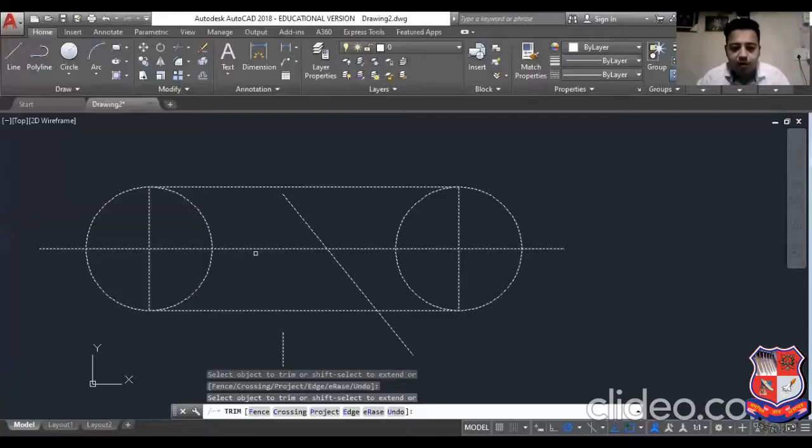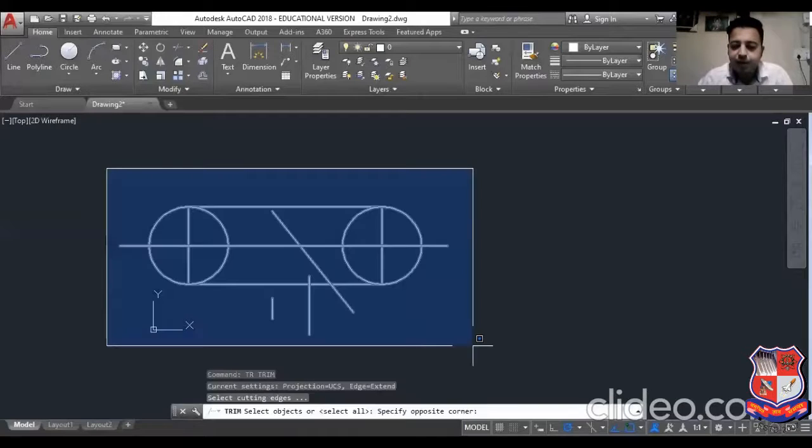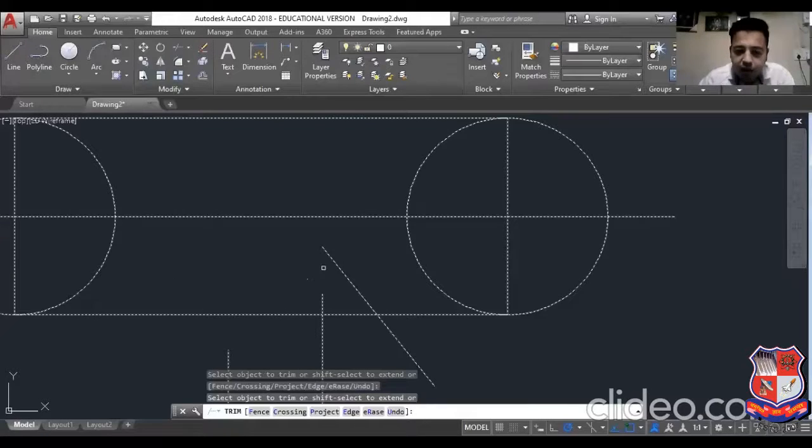Okay, now let us see one more line. Okay, now you will be able to see or understand. PR, enter, select the object, enter, and edge tool. In edge we have already selected extend. Click on extend tool. Now you can see the trim command will cut the line up to the junction. That is okay, but in this session you can see the extension of this point is connected to this point. That's why it will consider this.